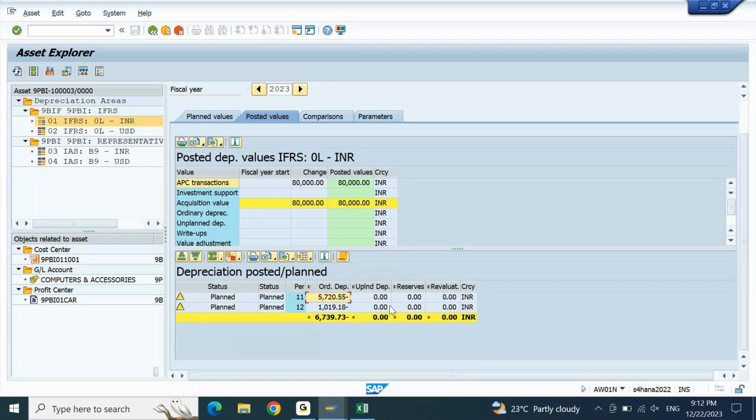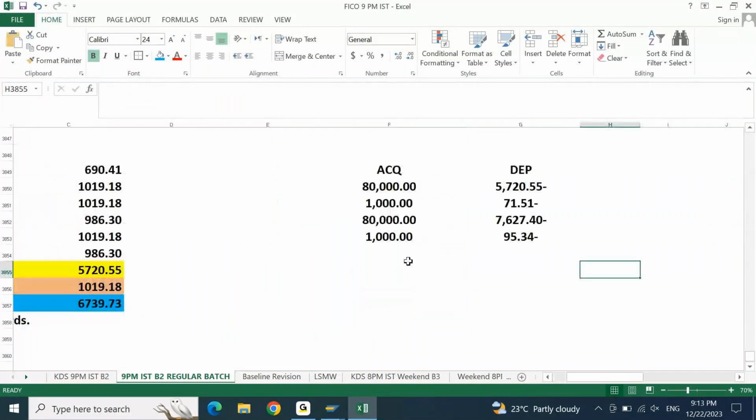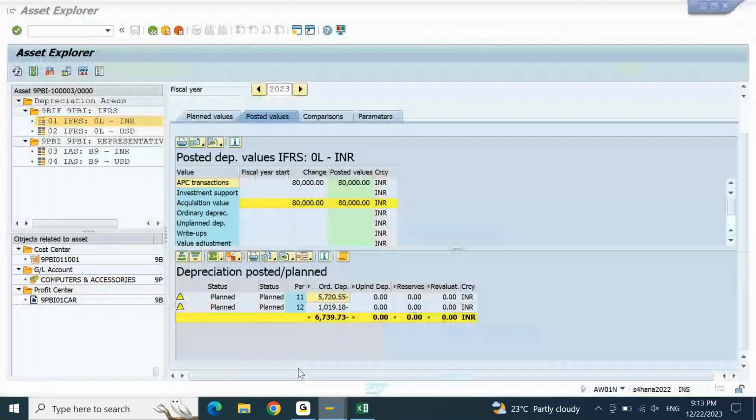This is the same process even in ECC. Even in ECC it is the same procedure. You will run the depreciation for the trial balance month, then system will post this depreciation. Okay, this number you need to make sure it is tallying. After that, for the non-leading, it should be 7627.40 based on our rough calculation. If I verify this,